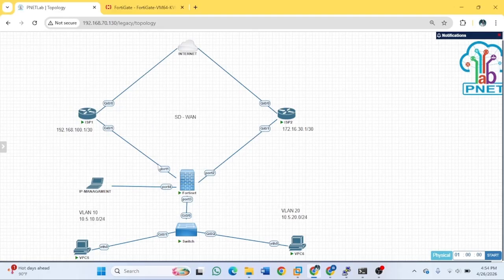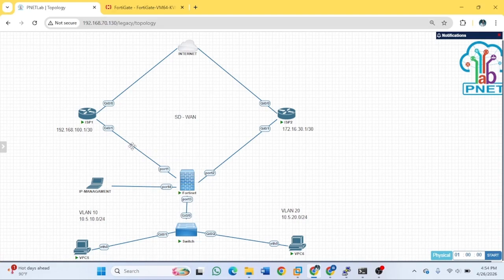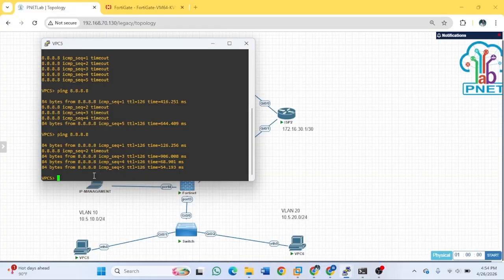Okay. Going to check the load balancing and failover here. First I'm going to trace the route to the internet.